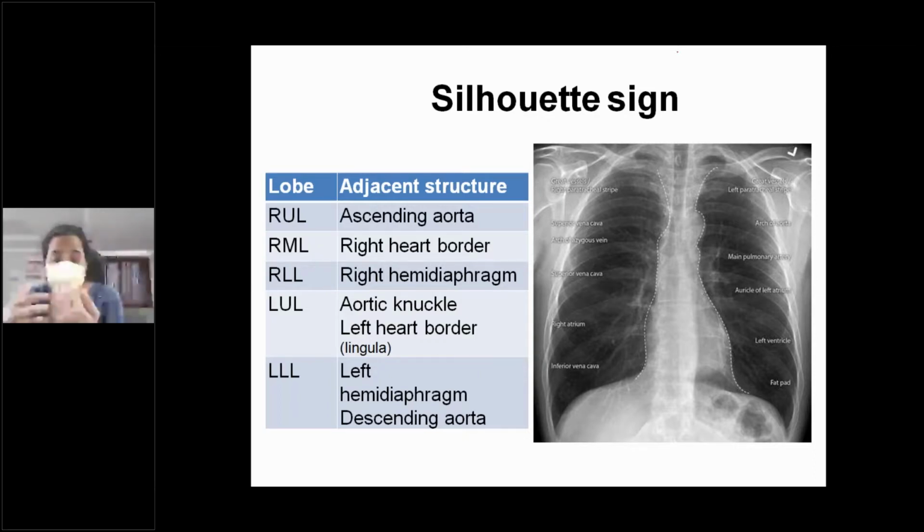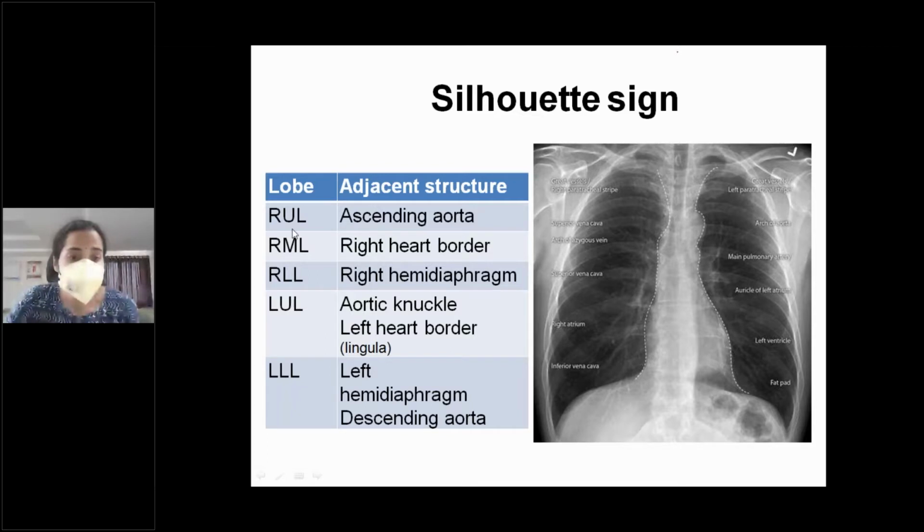For example, if it is placed somewhat anteriorly or somewhat posteriorly to the heart, neither the borders of the heart nor the borders of the pathology will be obscured. You can clearly see through and through. The borders are seen through and through. You can visualize both the border of the heart and also the border of the pathology. So you can say that the pathology is not in the plane of the heart. It is either anterior, giving a through and through appearance, or it is posterior. That way the Silhouette sign is very, very useful for radiographic interpretation.